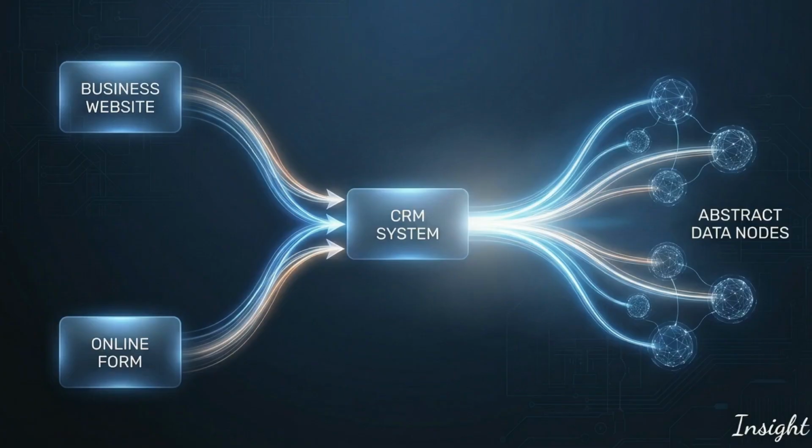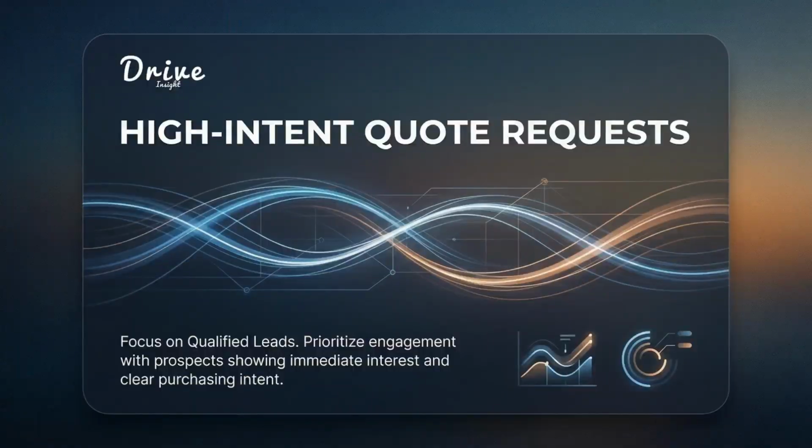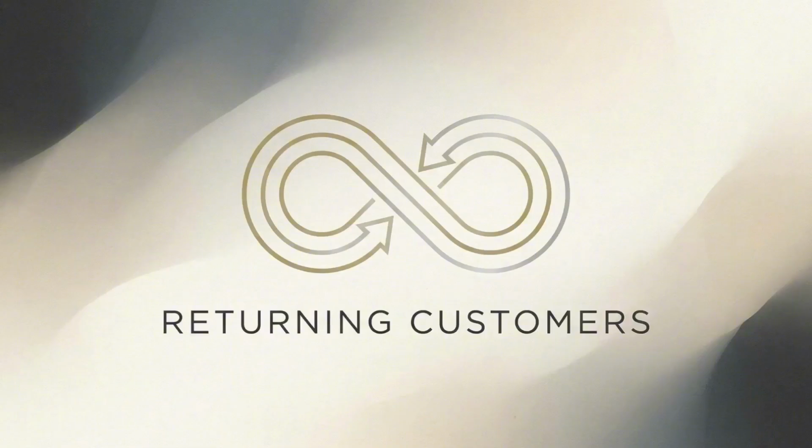And the key thing to understand is this. First-party data doesn't live as raw events, it lives as audiences. So an audience is just a group of people defined by what they've already done with your business. Someone who submits a lead form but hasn't purchased yet, that's part of your lead audience. Someone in your CRM who requested a quote, that's usually a high-intent audience. Someone who purchased once and exists in your customer list, well, that's a prior customer audience. If they purchase again, they become a returning customer audience.